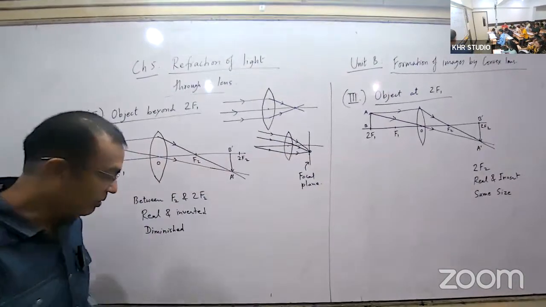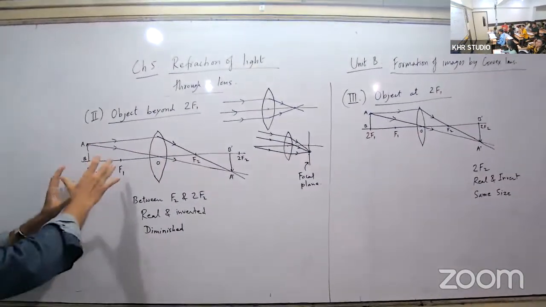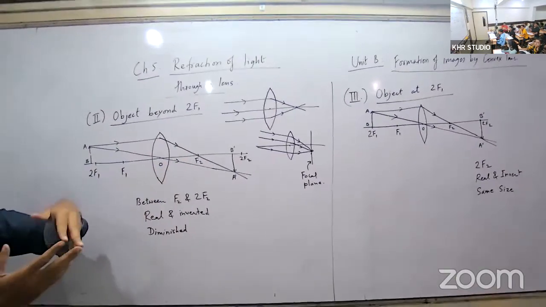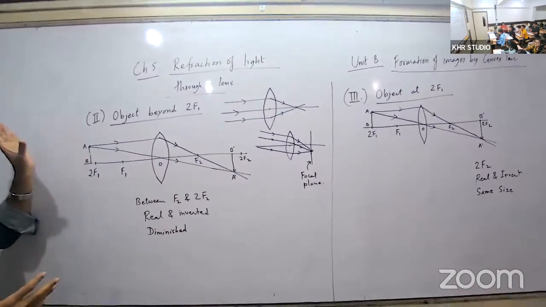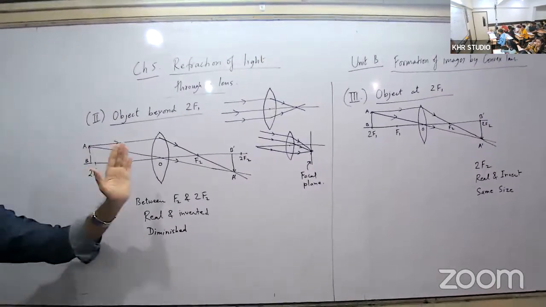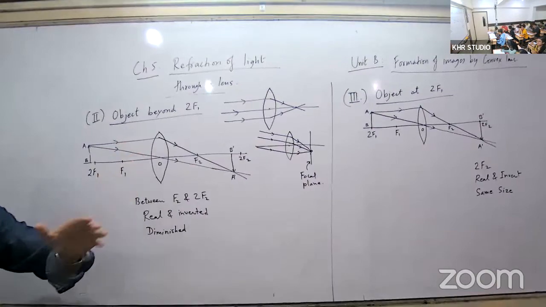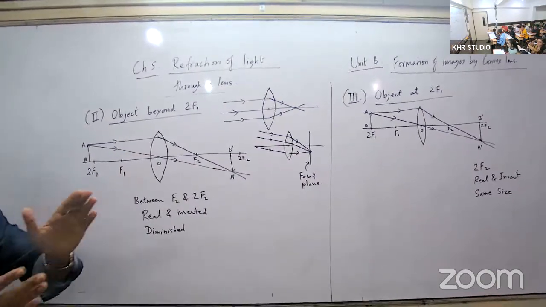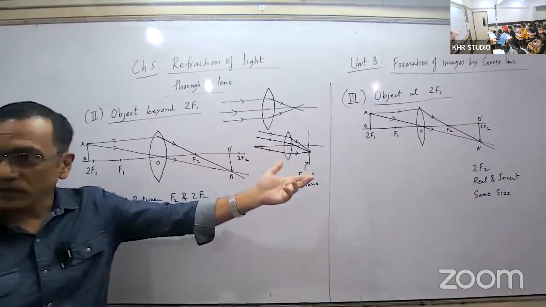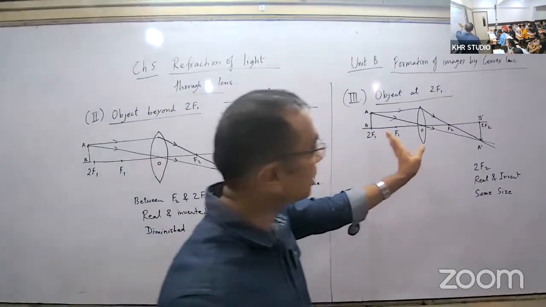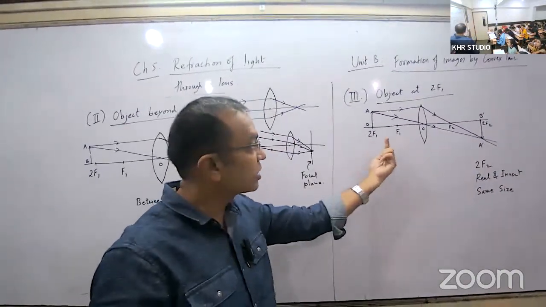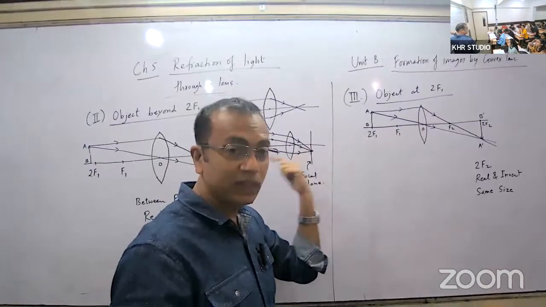So what is the pattern here? The pattern is, when the object is at infinity, the image was point size. When the object was at infinity, image was highly diminished. As the object comes closer to the lens, the image size increases and it goes away from the focus, right? Mirror में क्या हो रहा था? It goes away from the focus, right? C की तरफ आ रहा था।